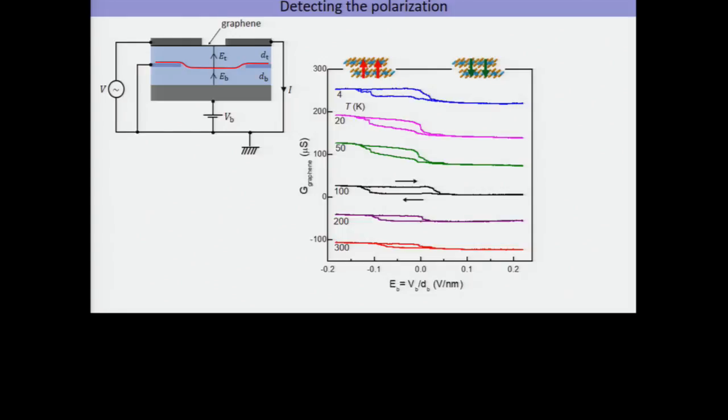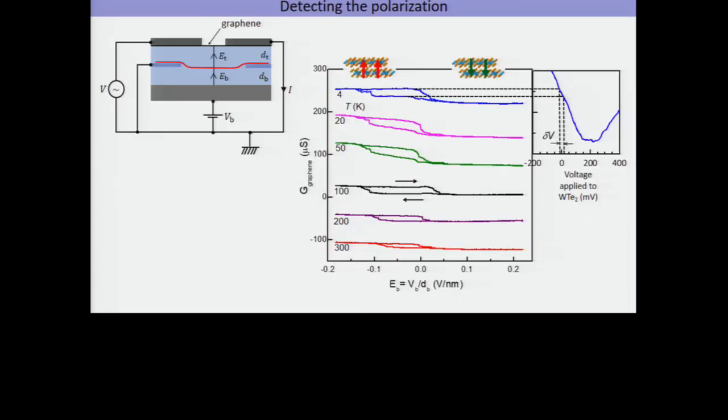Okay. Now, I could convince you, I think, that it was a ferroelectric by telling you about these measurements, which I don't have time to. But we use graphene as an electric field detector. We can detect basically the polarization, the transverse polarization of this layer, and we can see the two polarization states in this range where it's bistable. We can see the flipping of the polarization here. So we can actually measure the spontaneous polarization of that layer. Okay,